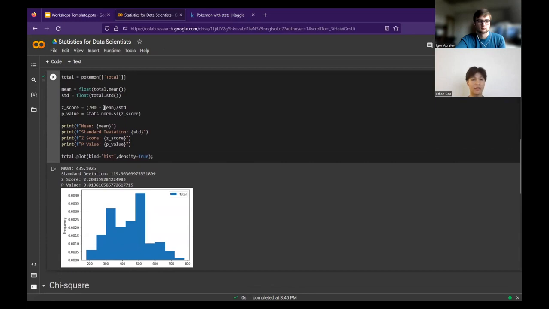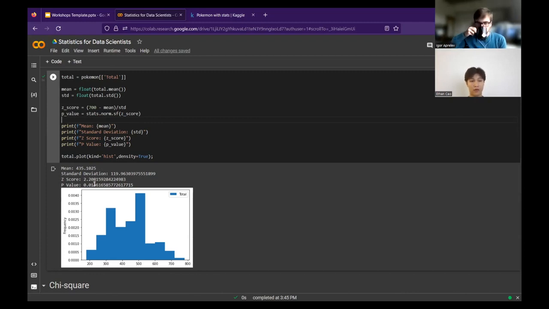So what it does is it finds the z-score of, let's say, a Pokemon that has a 700 base stat total, and it finds the p-value for that using this SciPy library called stats, which has some stats functions to model the normal distribution. So first we calculate the z-score, right? And then we plug that into the normal distribution, and we get that with a z-score of 2.2, the